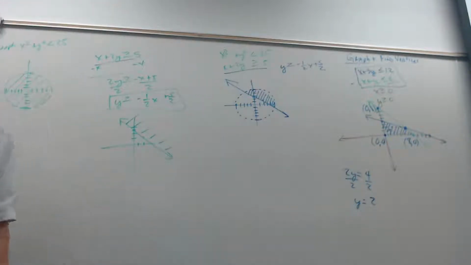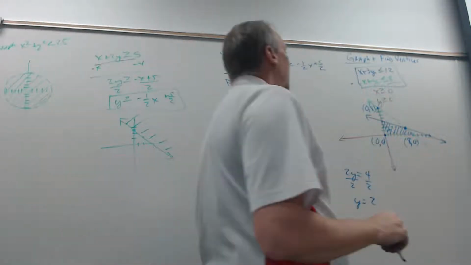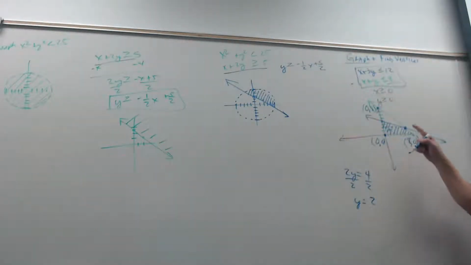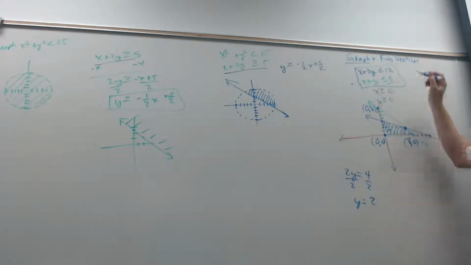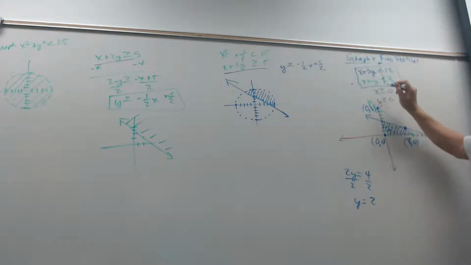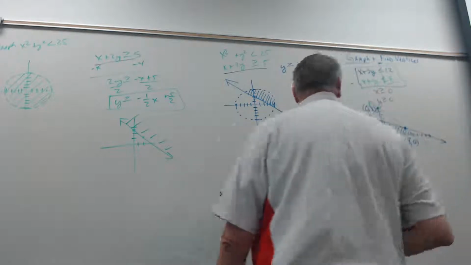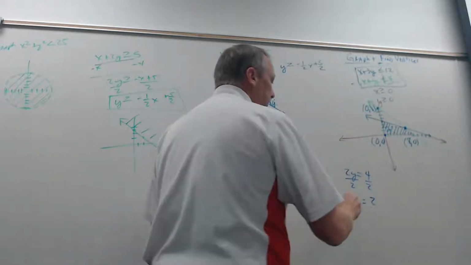Can you only do substitution if they have the same signs, like the same greater than or less than or equal to? In this case, yeah. We need the less thans in order to know what to shade, but in this case, we're solving for where they are equal to each other. Oh, okay. Because we want to know where they're equal to each other, right? Okay, so if y equals 2,